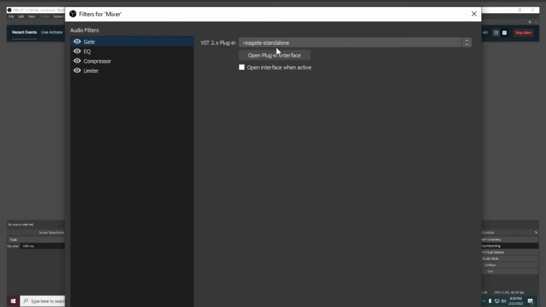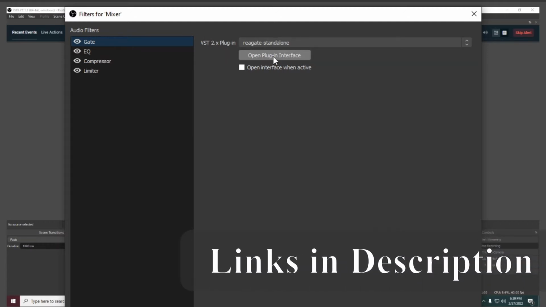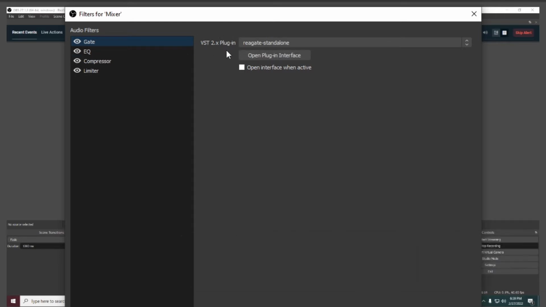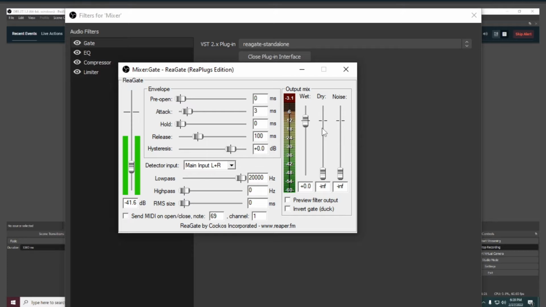So, if you go into the source, the gate right here is an external VST plugin. This is from Reaper. You can download these for free. Just look up Reaper plugins on Google, and you should be able to find a link. Very easy to add to your scenes and to your stream and your OBS. Open it up here, and it's going to bring you to the screen. Now, if I don't talk,